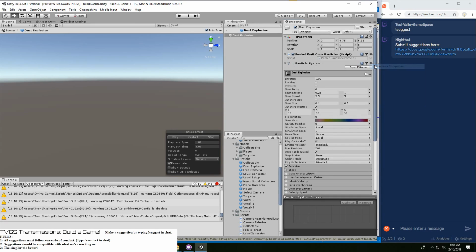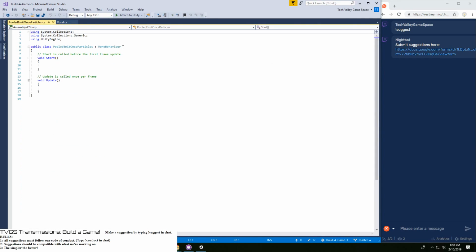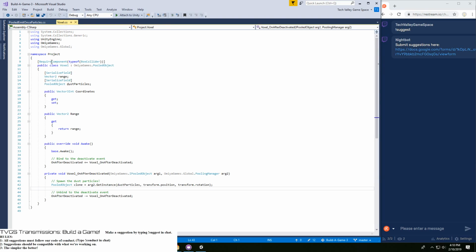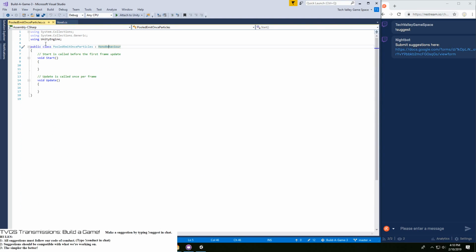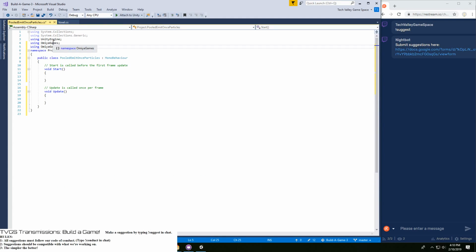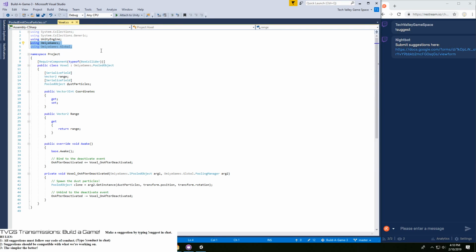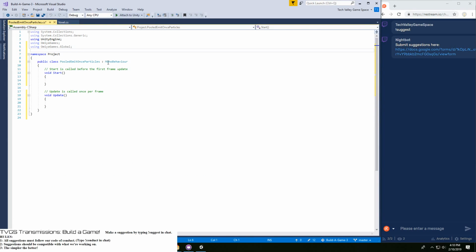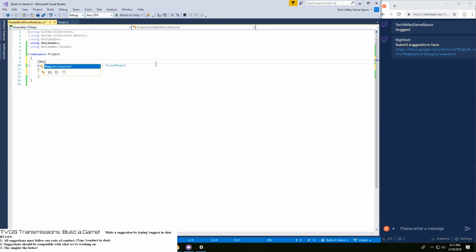Remove this. Is voxels? Yes, voxels is in fact in a namespace. And we need to tell it that it's a pulled object. File these two. It should require a type of particle system.